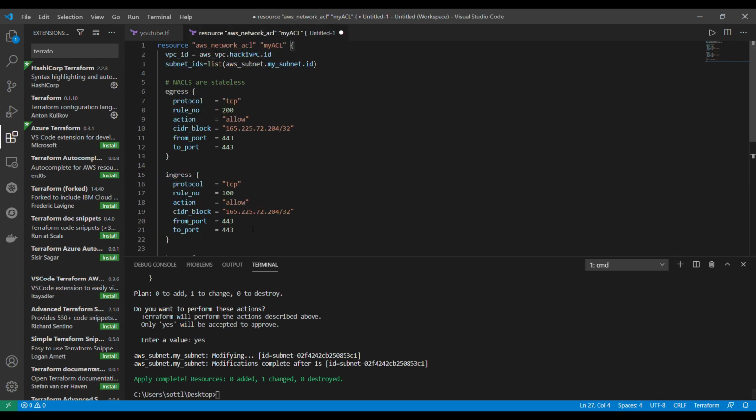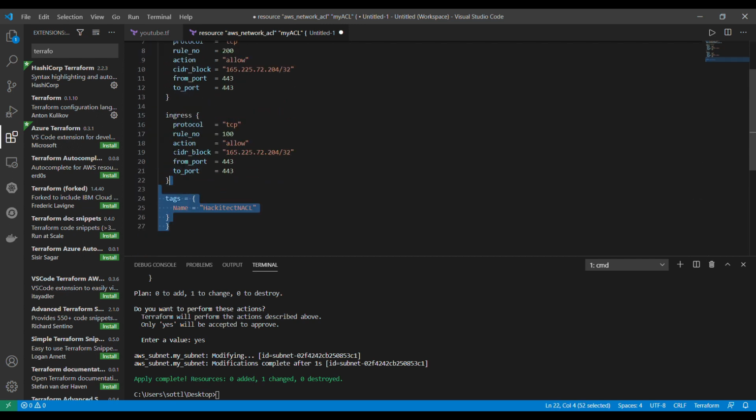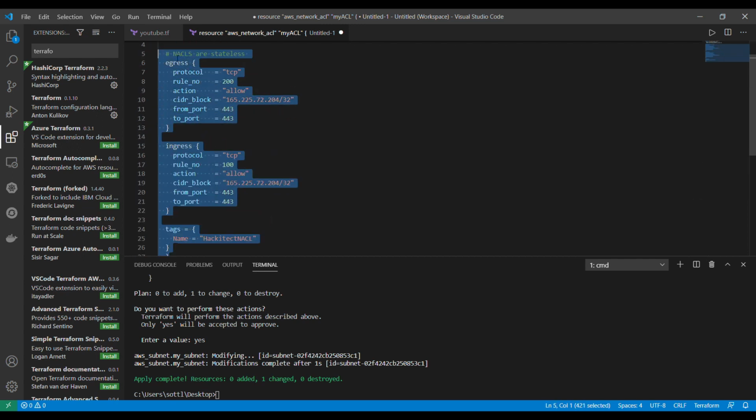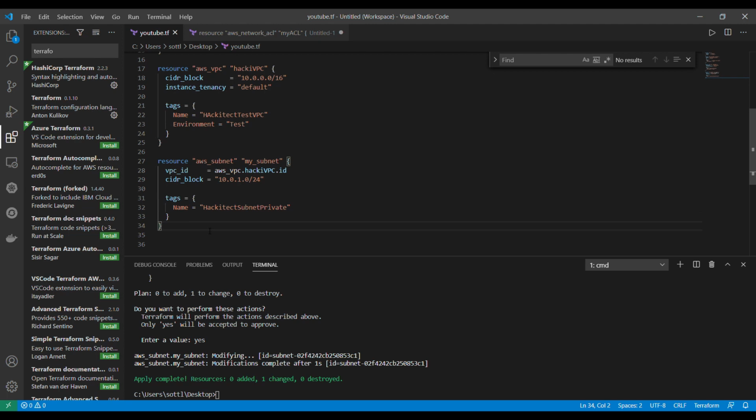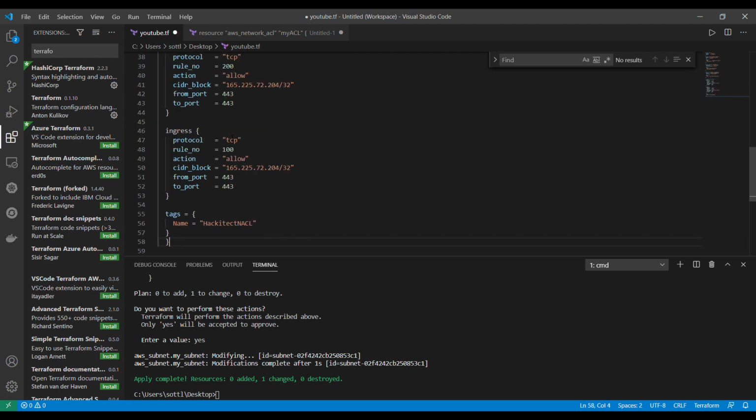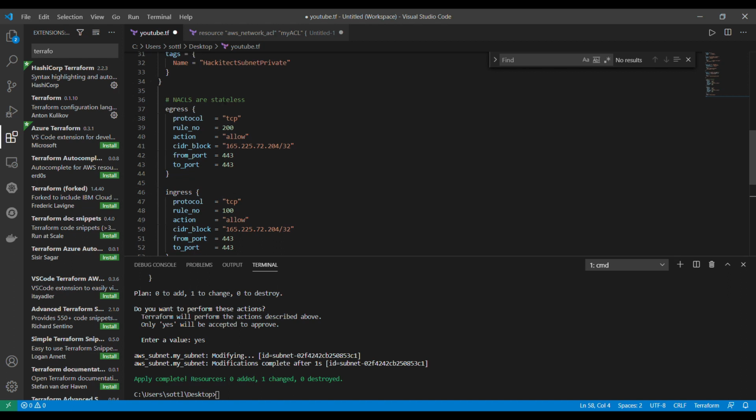I prepare myself here some security as a code, which you all I think will like, and I will put it here. And security as a code defines, and I'm adding NACLs. NACLs are network ACL, network access control lists, which are stateless.